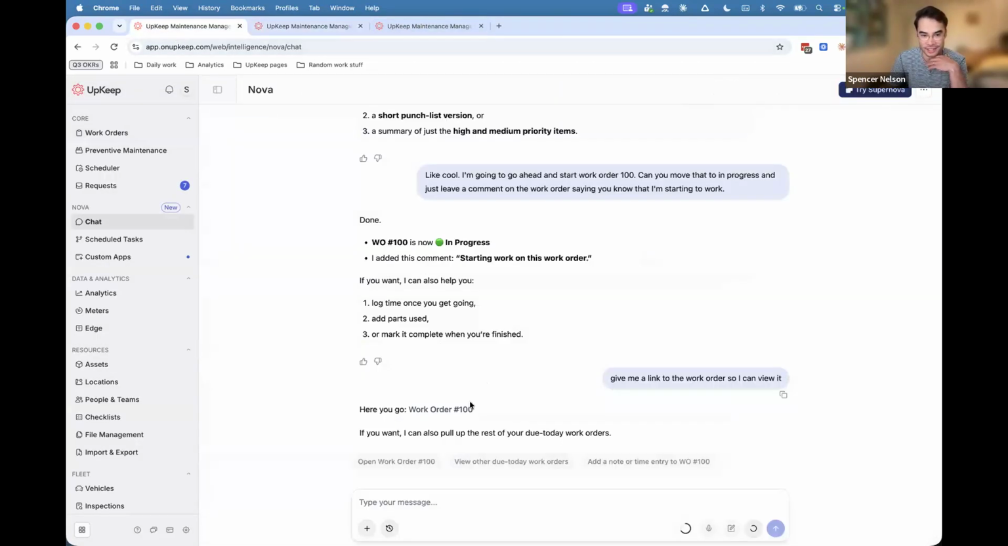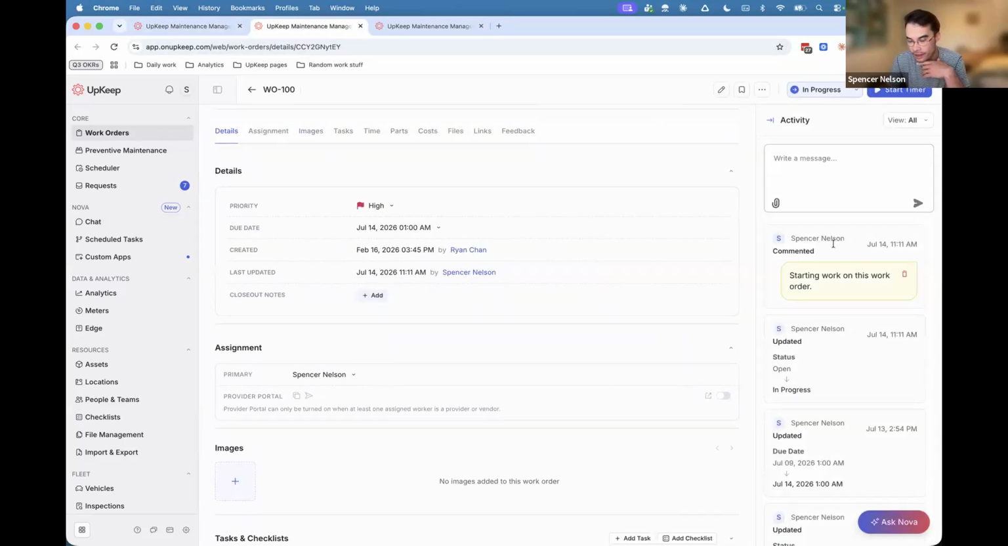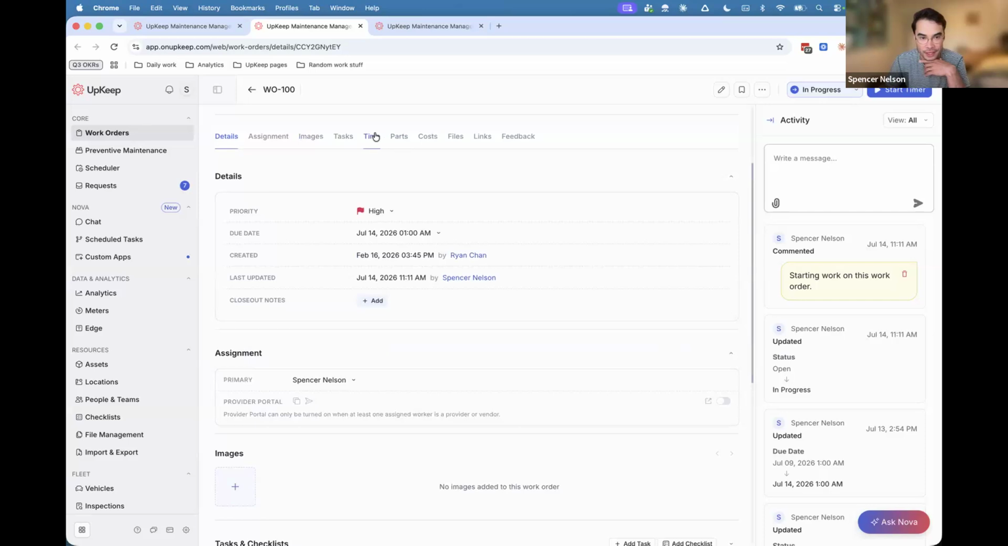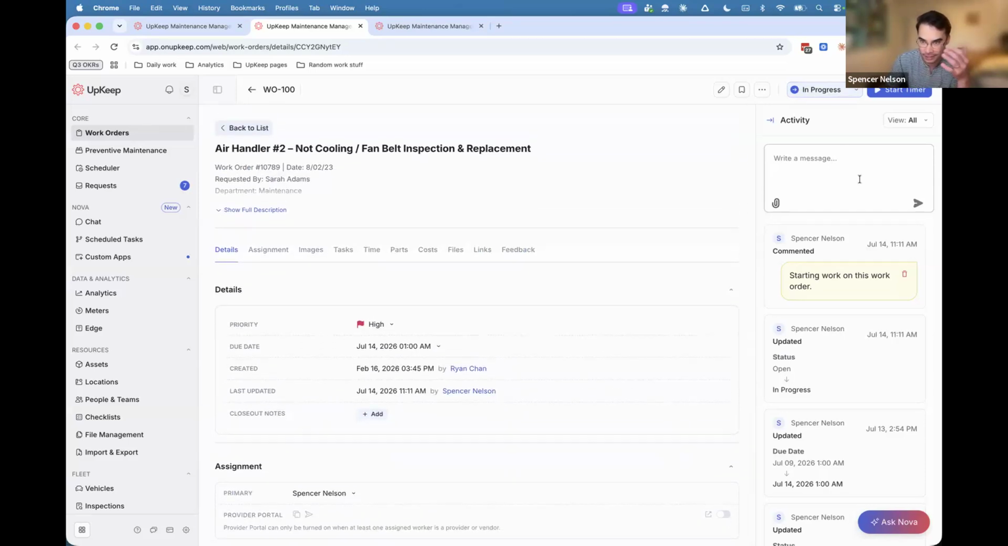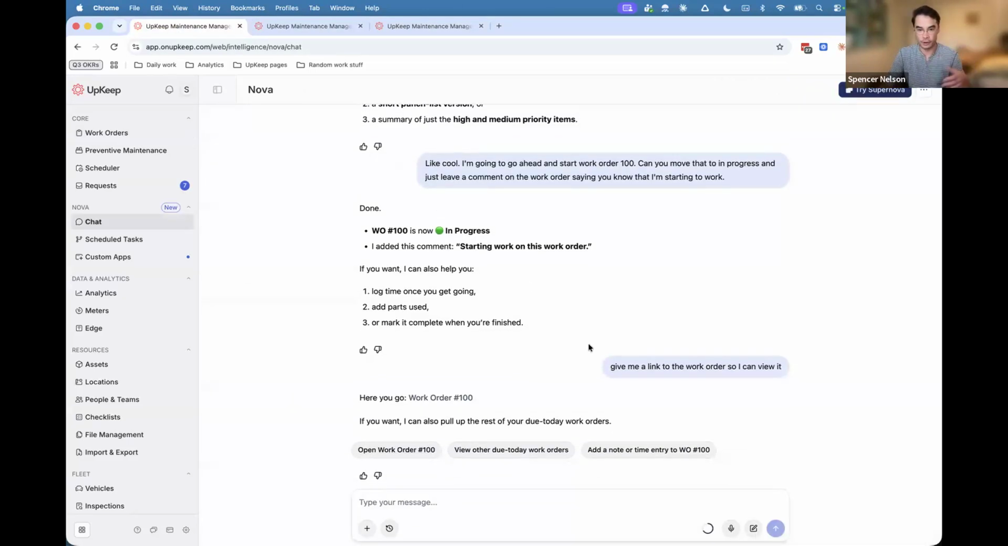Fantastic, cool. So I asked Nova to generate this work order again. I opened up that link, and here, a comment got left. Let's see, it should be in progress. It is in progress. All right, so cool. Nova is doing that, and of course this is one example, but you could take this and